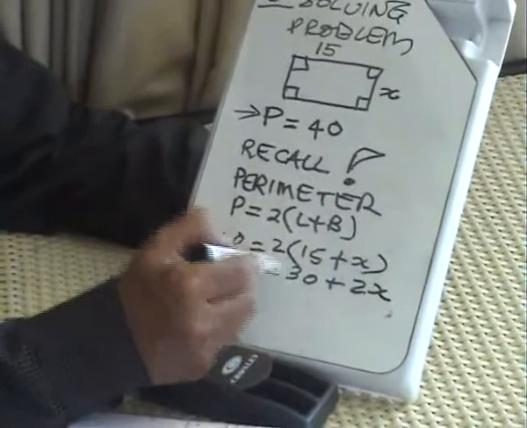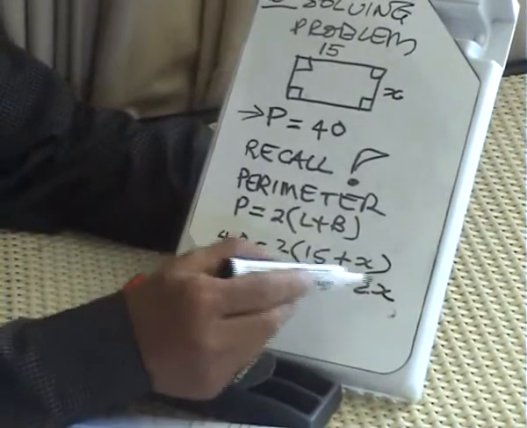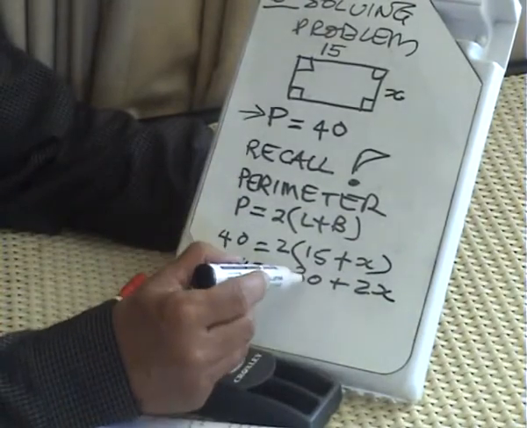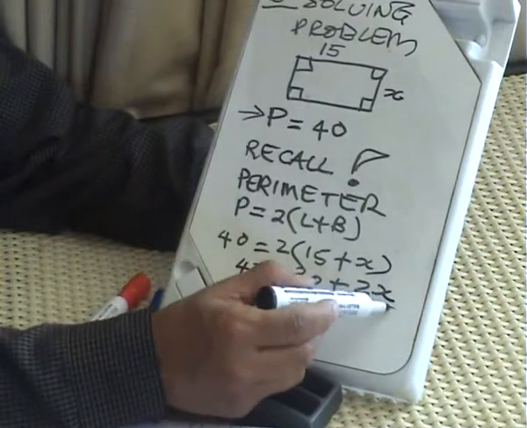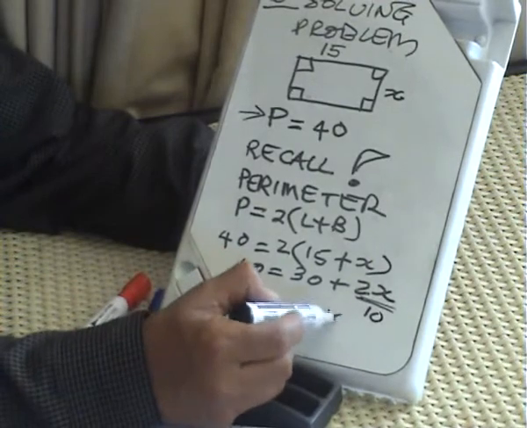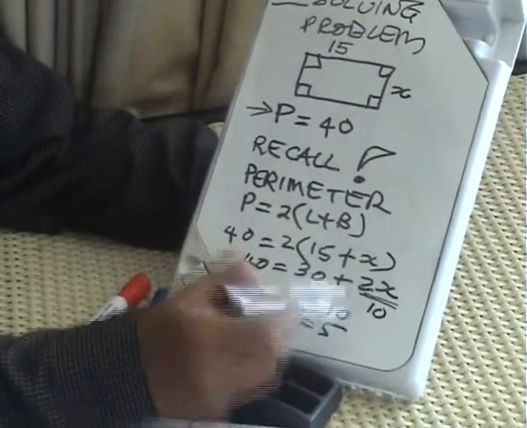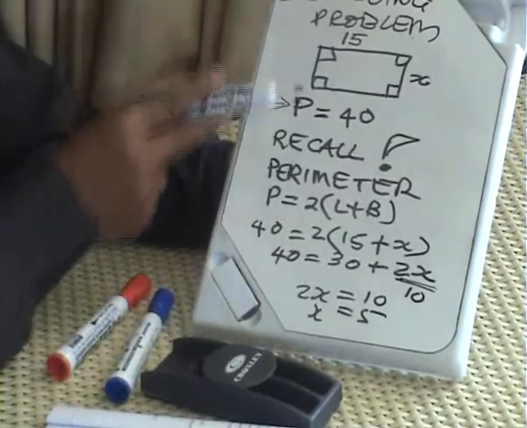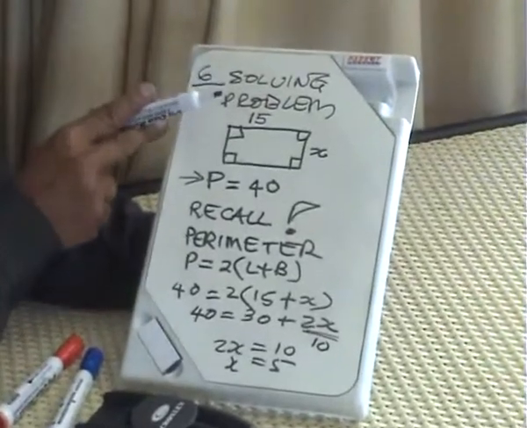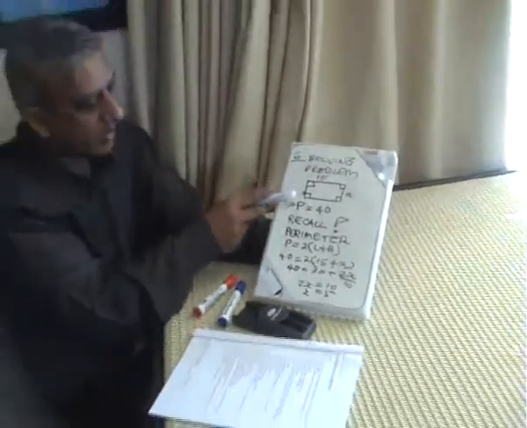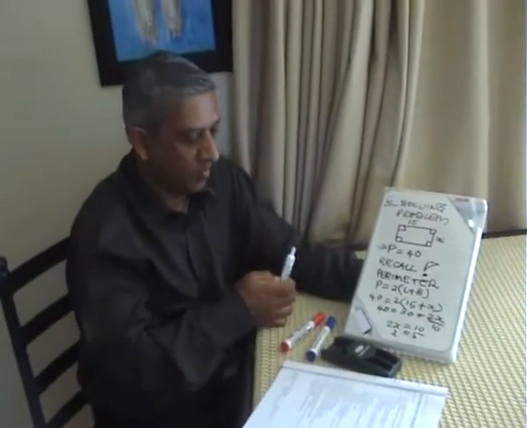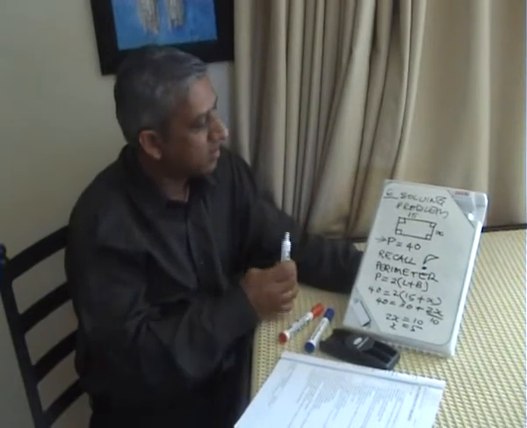Now at this stage, if you forgot how to remove a bracket, you will have to go and revise that section. So now clearly this is 30, so that must be 10. Now if 2x is 10, then x is 5. So I have a right to solve my problem the way I want to, as long as I am using mathematical rules, as long as it makes mathematical sense, as long as it is logical. So that's your right number 6, to solve a problem using steps.